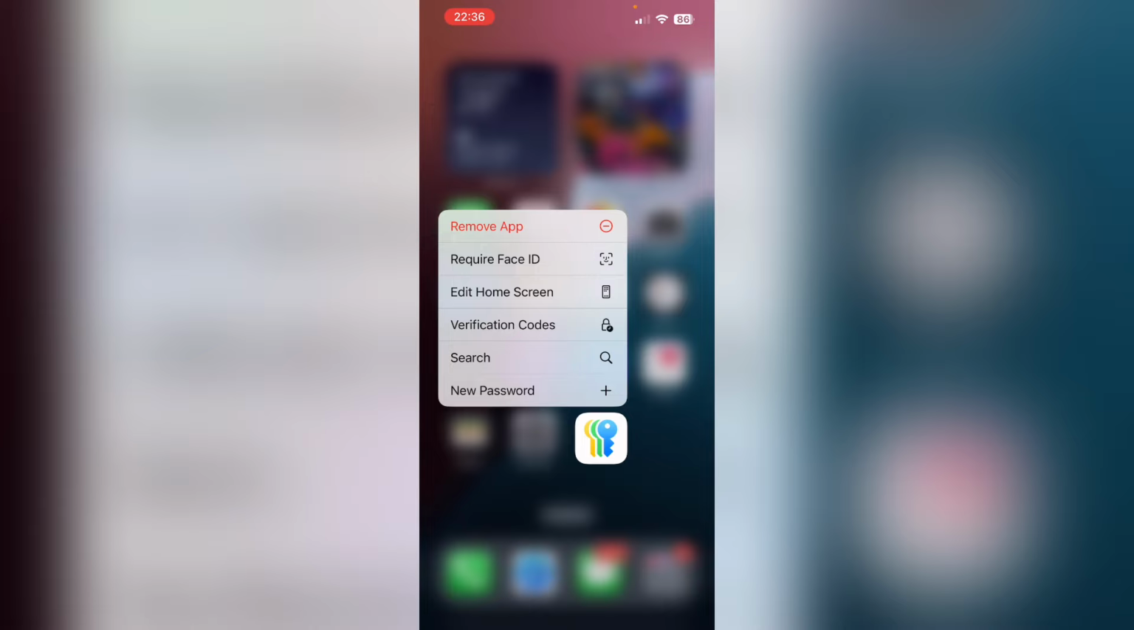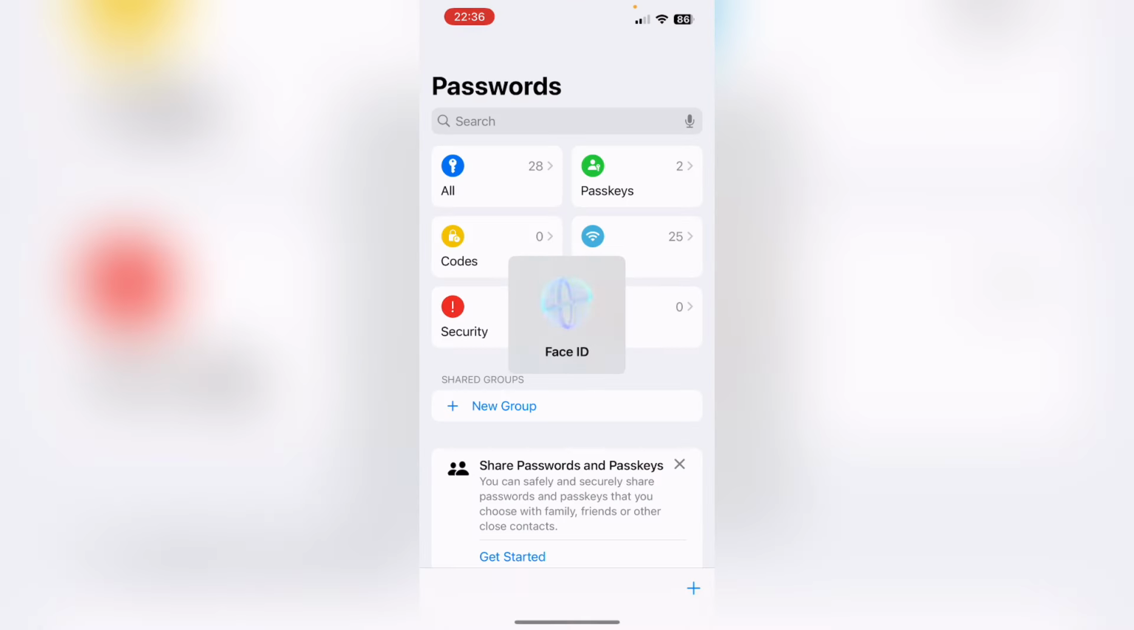If I click on the Passwords app, it will ask for your Face ID. Now it's going to show all kinds of passwords here. You can see All, Codes, Security, Passkeys, Wi-Fi passwords, and Deleted ones. And you can click on the plus sign at the bottom right